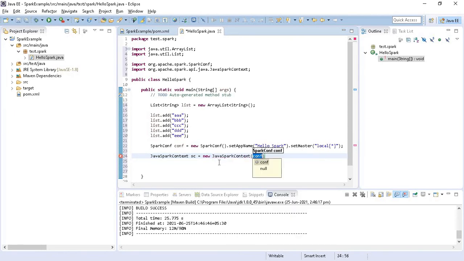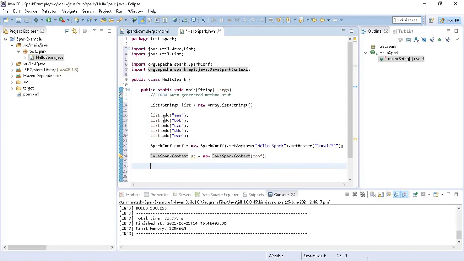And we are going to pass this configuration that we have created above. Now our Spark context is being created. This is like a gateway bridge which communicates our written code with our cluster. Right now our Spark is standalone as we are running in local mode, so our code communicates with a standalone cluster and it will execute as required.